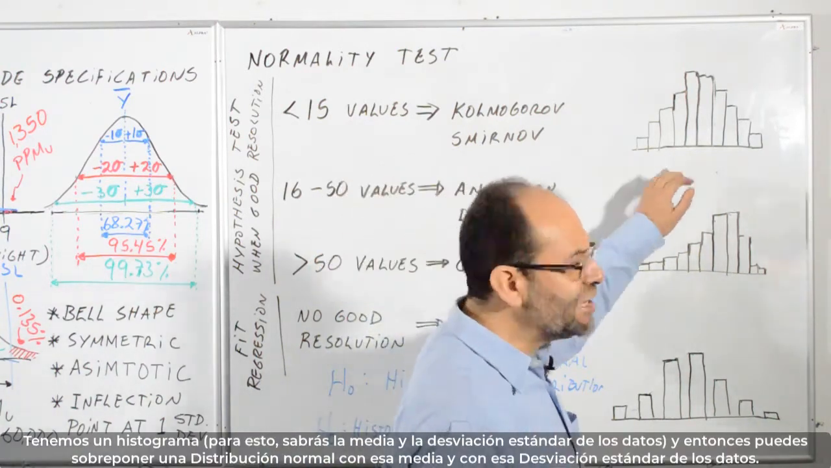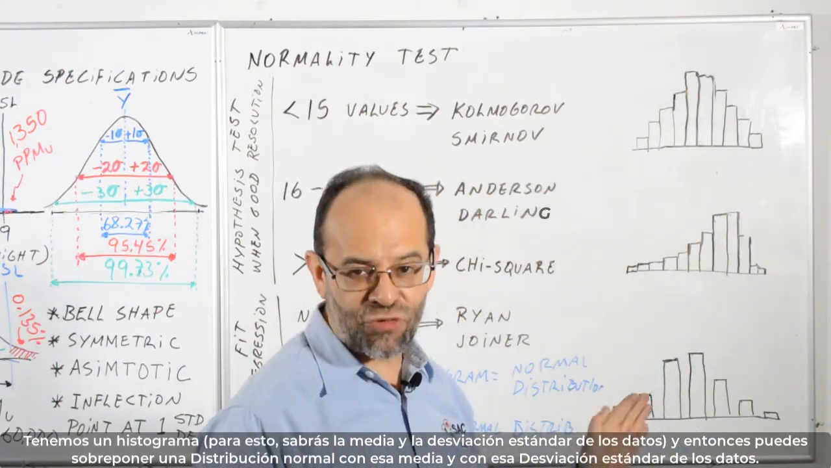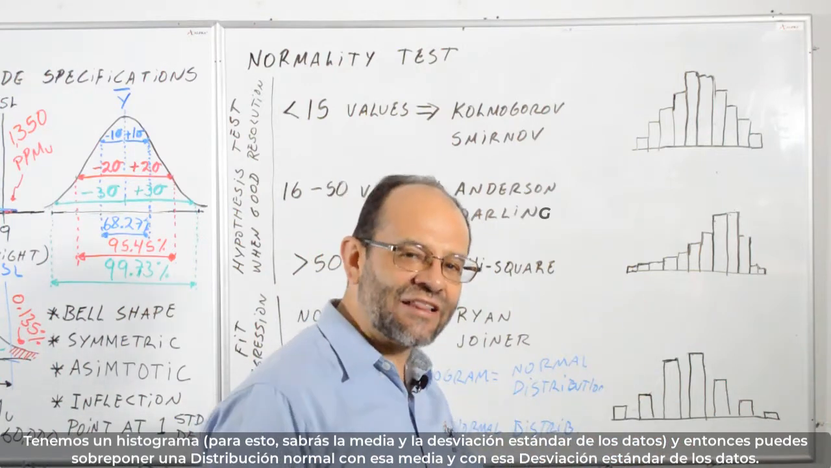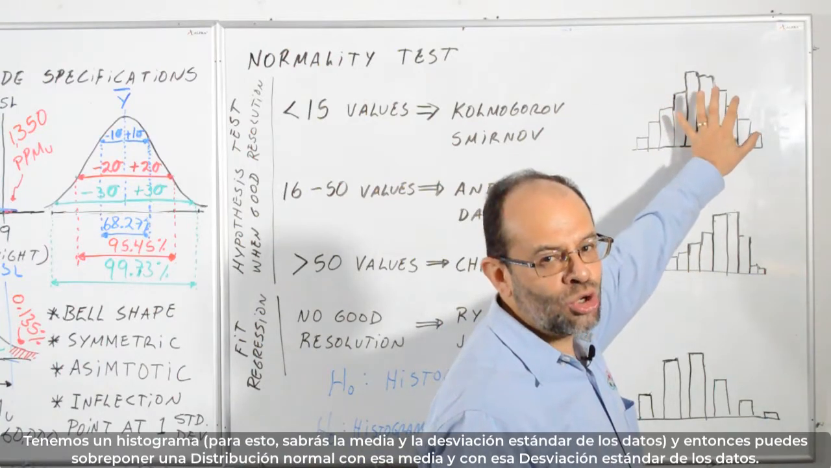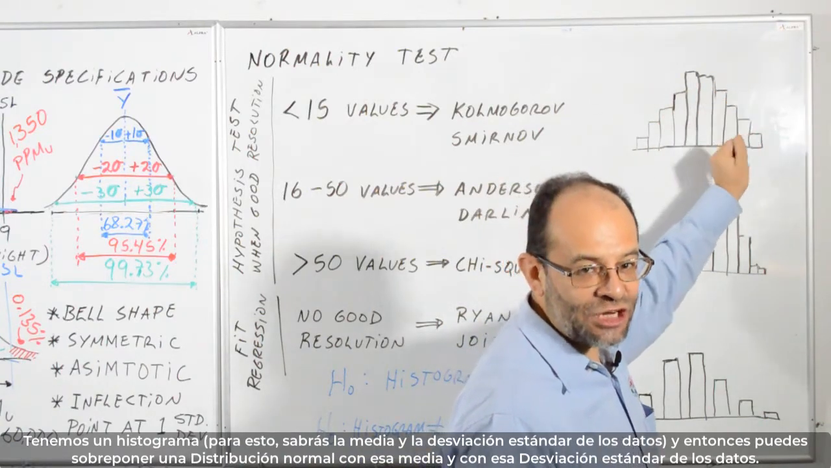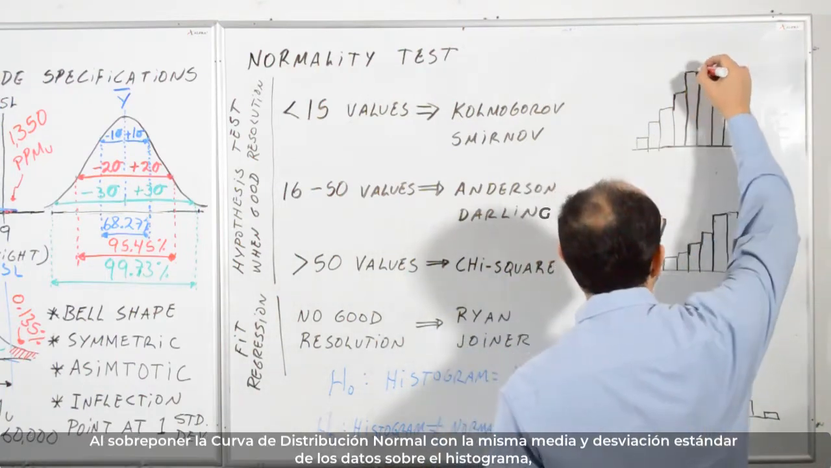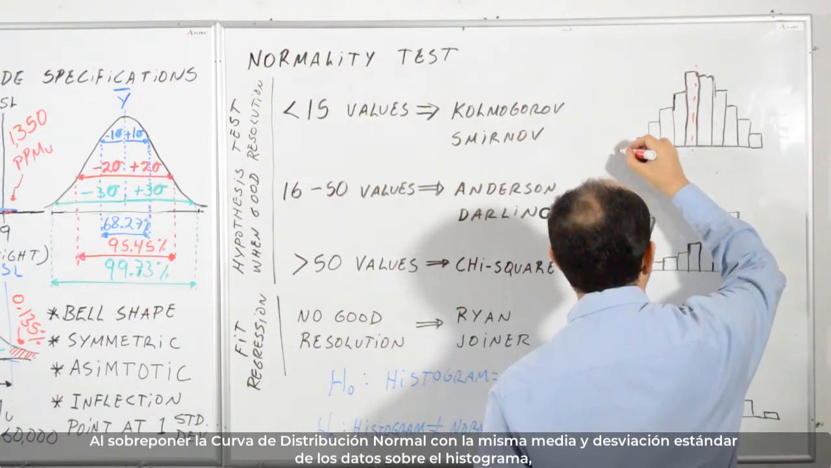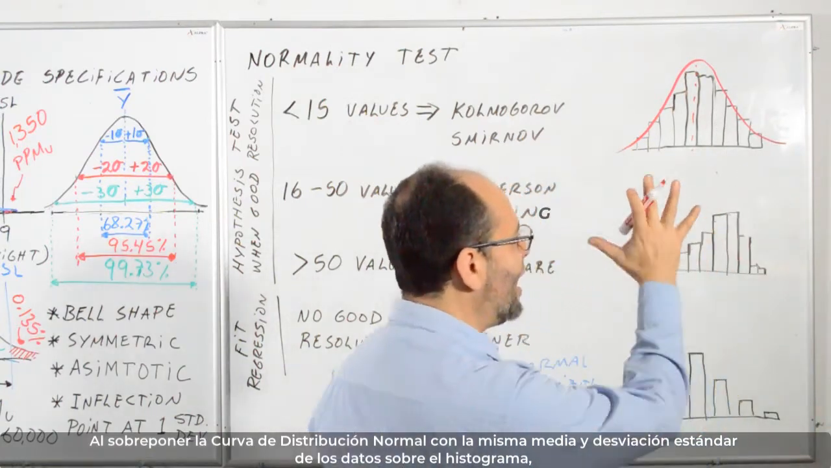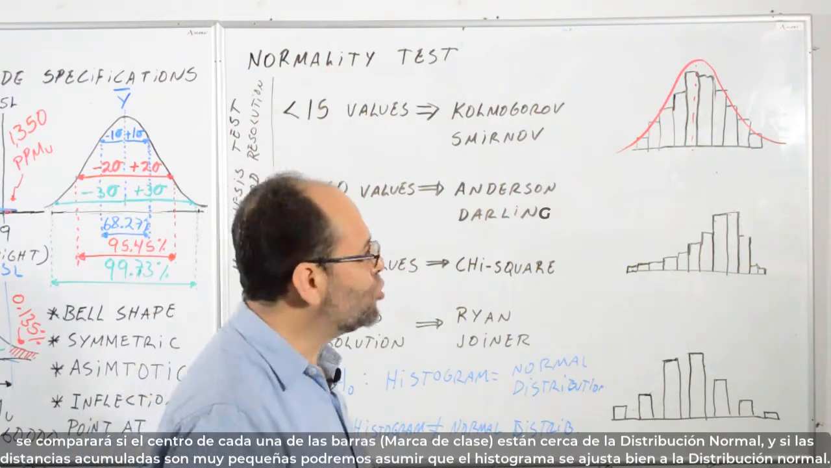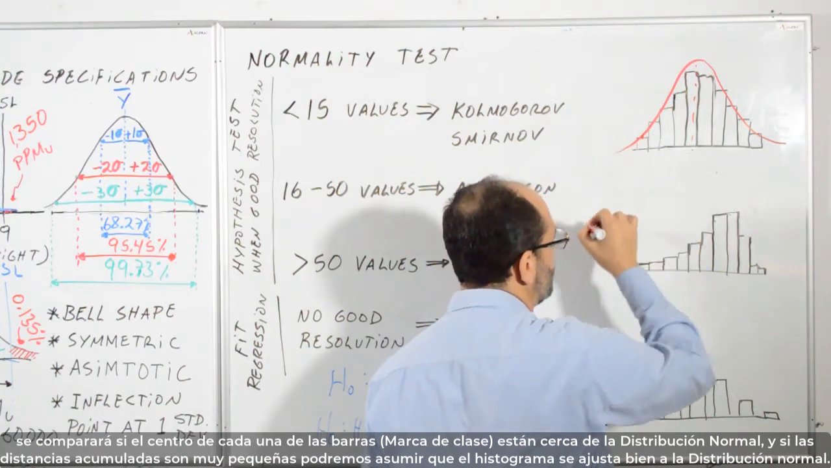So you are having a histogram, and for that histogram, you will know the mean from the data. You can get the mean of the data, you can get the standard deviation of the data, and then you can overlay a normal distribution with the same mean and the same standard deviation of your data. So basically, for instance, if you're having the mean here and then you are having your standard deviation, then you will overlay a normal distribution,